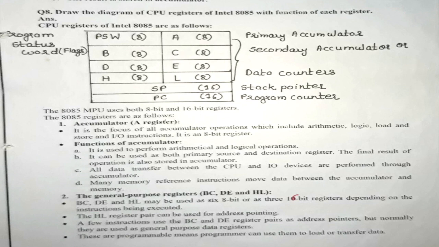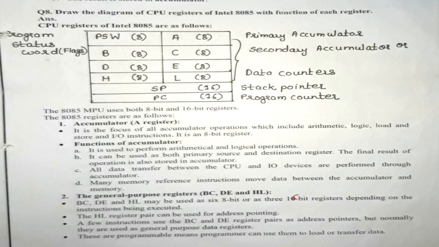So these are the CPU registers. Again, further I have given the description about the CPU registers. So the first one is the accumulator. The accumulator is denoted with the alphabet A. So A stands for accumulator, which is one kind of primary register, because whenever we perform any operation, the final result is stored inside the accumulator only. So it is a very, very important register.